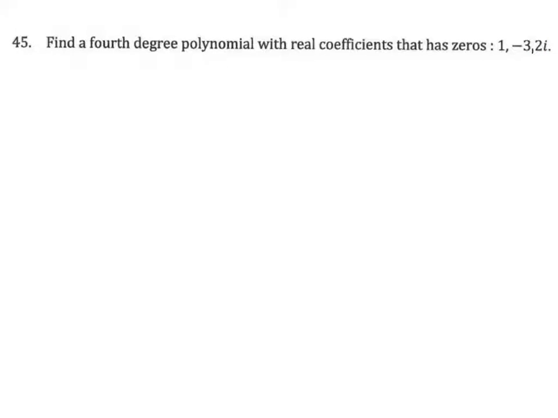There's some theorem that says that. So we know, even though they only listed these 3, we know that since 2i is a root, -2i has to be a root also. So really we have 4 roots that we'll deal with. Okay, so now this polynomial,